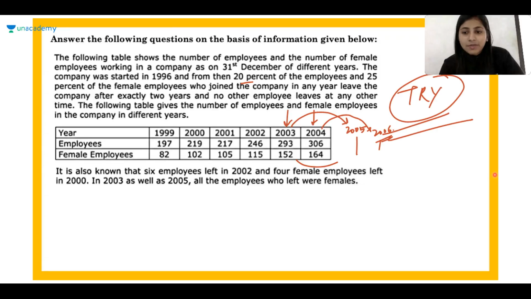Okay, let me give you some hint. Let's start. Okay, I'll show you and then you can try. No, wait. So I'll just tell you how to solve it and then you can do it.